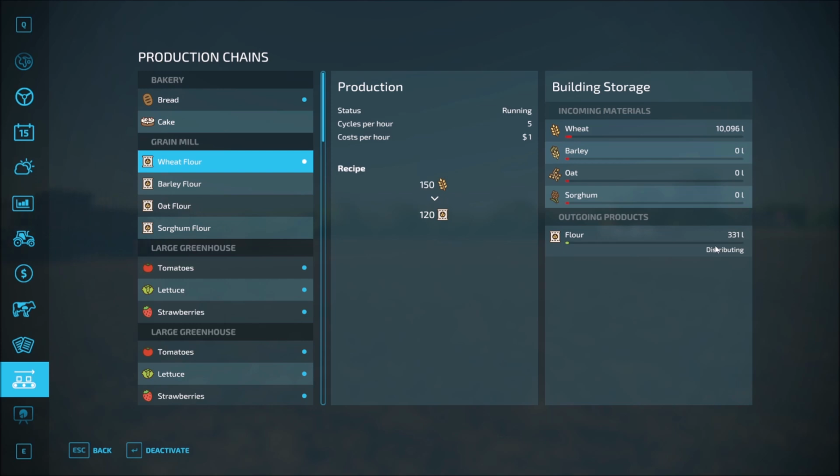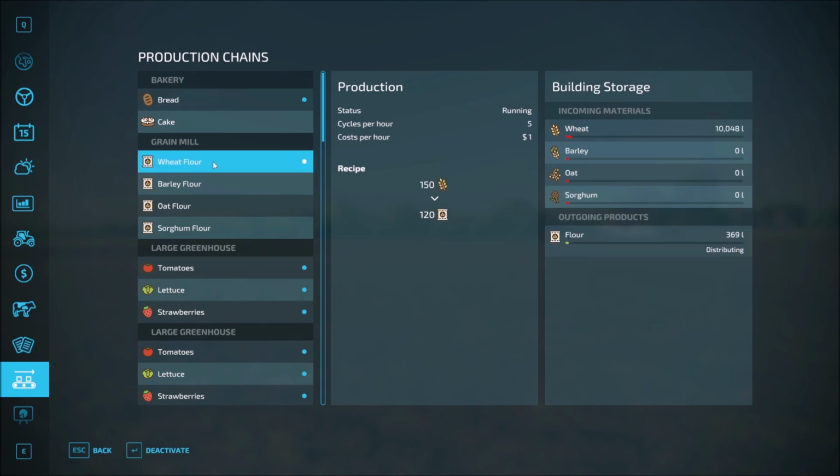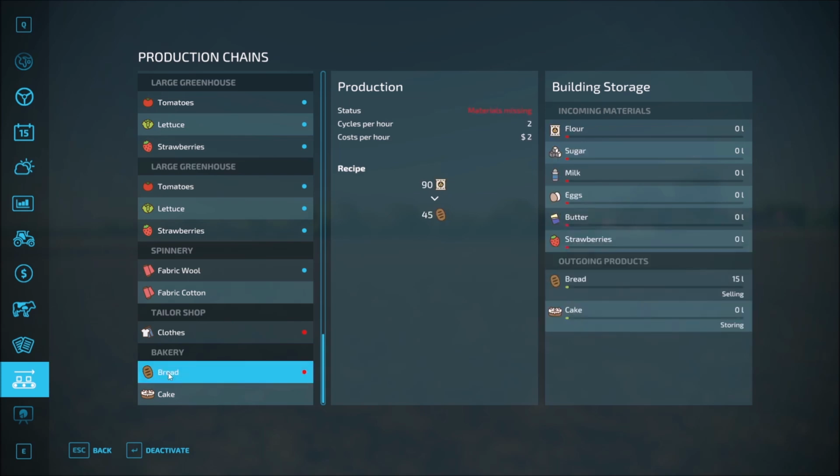So we'll see how that works out because I want to hop back down and see how the selling is going. Now, at some point throughout the year, not right away, but throughout the year, we're going to hit a time where the flour is actually going to be full here or very close to it. So the other bakery might have to take on some additional, and that's perfectly fine. I figured that was coming